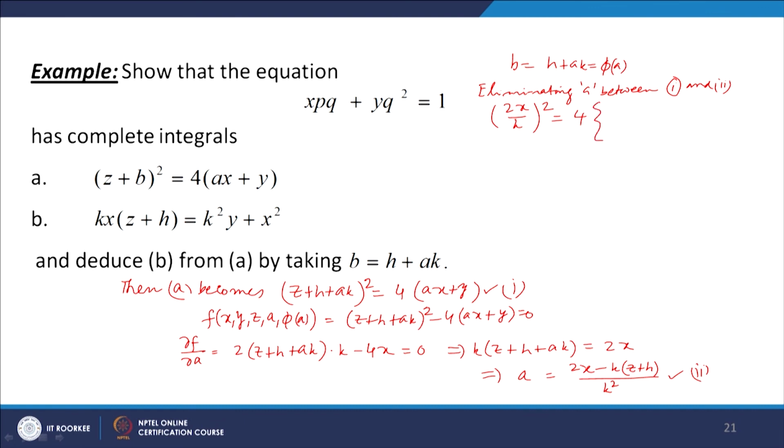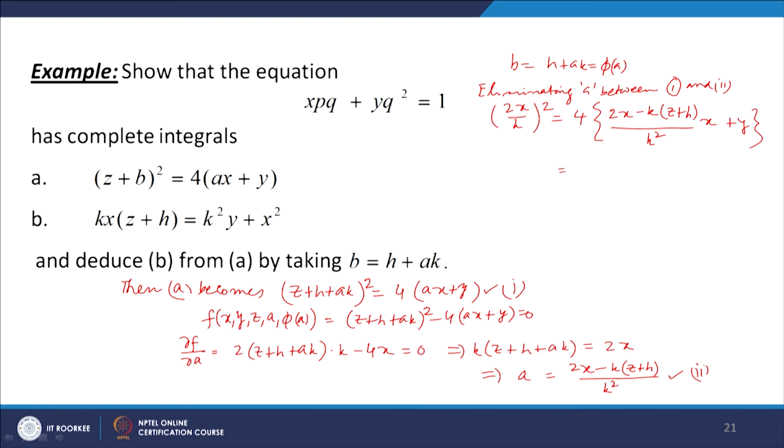So, a is 2x minus k times z plus h divided by k square into x plus y,